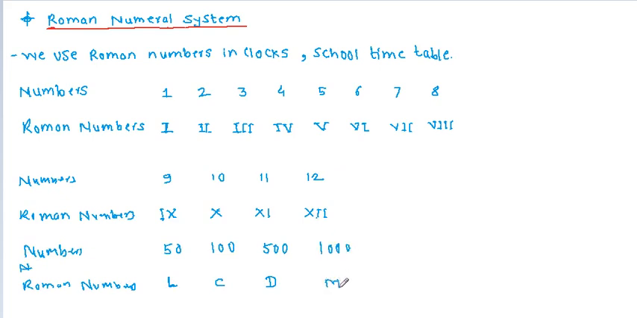Then C represents 100, then D is 500 and M is 1000. These are the basic Roman numbers. These are the fixed symbols used in Roman numbers to represent a number. Now we will see how to